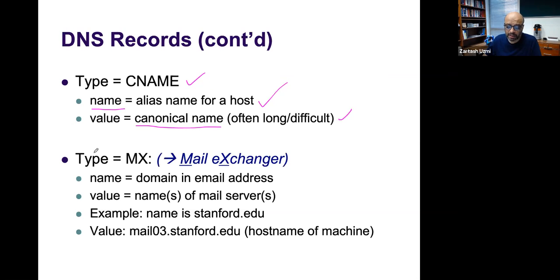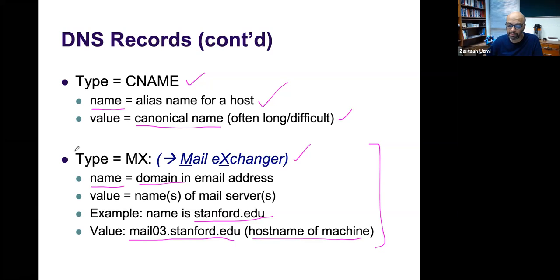Then finally we also have this mail exchanger type of record, the MX record, and the name in this case in the resource record is the domain in the email address, and the value is the name of the email server. Okay, so for example, if the name is stanford.edu, then the value could be mail03.stanford.edu. This is the host name of a machine which is hosting a mail server, and the reason that there is a separate type of record, the MX type of record, for that, is you can also have